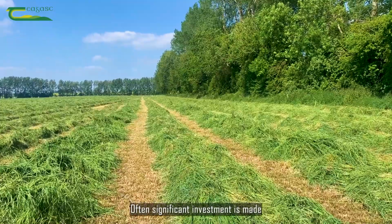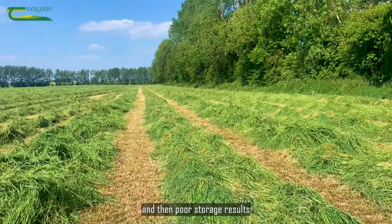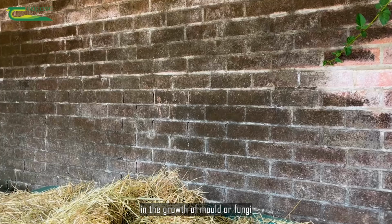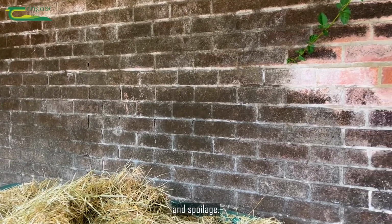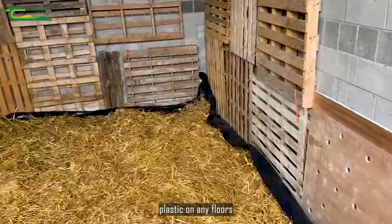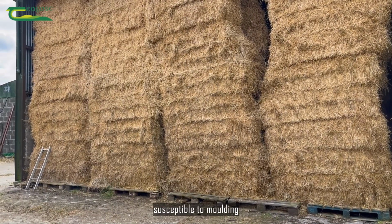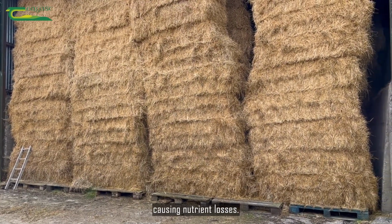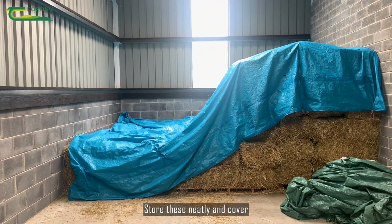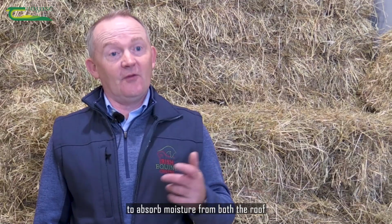Often significant investment is made acquiring really good quality forage or bedding, and then poor storage results in the growth of mould or fungi and spoilage. Raise bales off the floor on wooden pallets, for example, and place plastic on any floors without damp coursing. Weather exposure makes bales susceptible to moulding on the outer layers, causing nutrient losses. Store these neatly and cover the top of the stack with clean straw to absorb moisture from both the roof